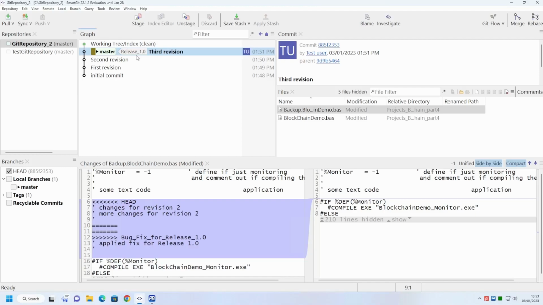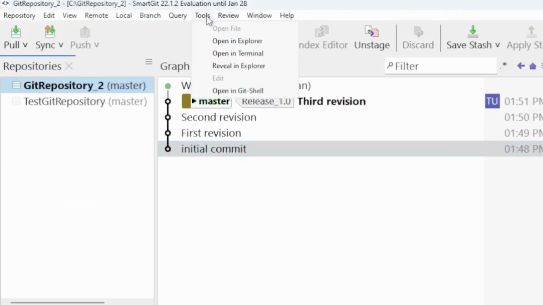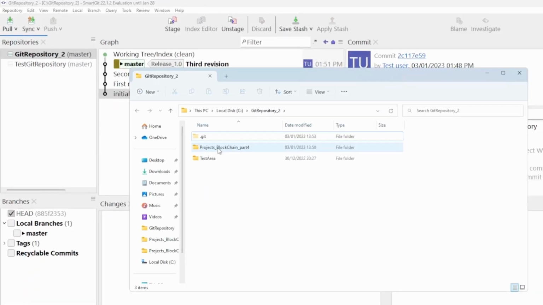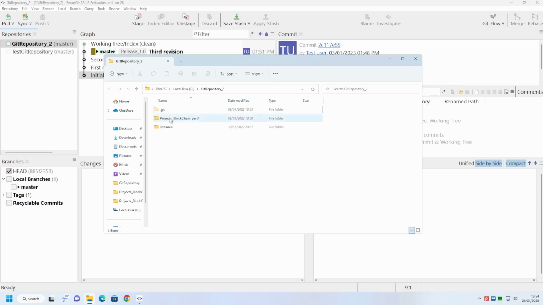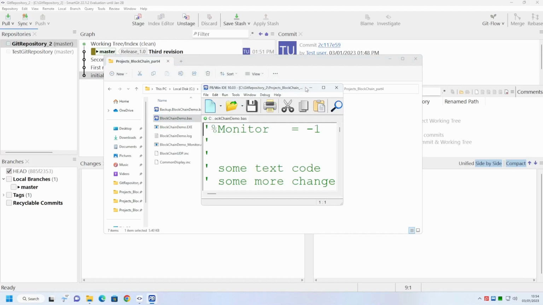Now, having made our release, we want to go on to develop version 2. But if you're in any doubt of where the source code actually resides on the disk of your computer, you can quite easily find it by going to the Tools window. Click on the repository, click on the Tools window, and click Open in Explorer. You will then find Explorer opens up with the source files on display. We can now go into our source folder and we'll make some minor changes to our source code.